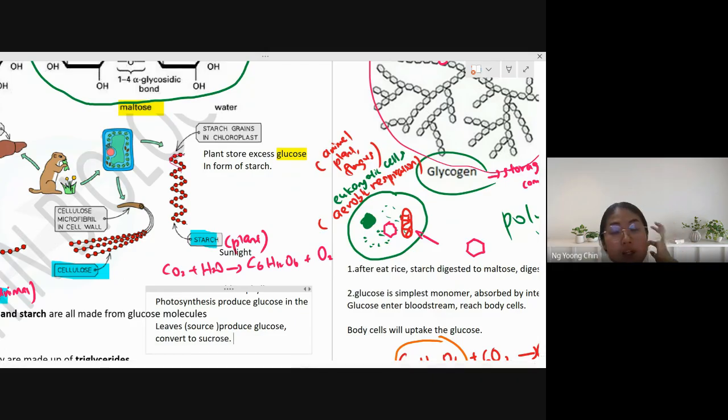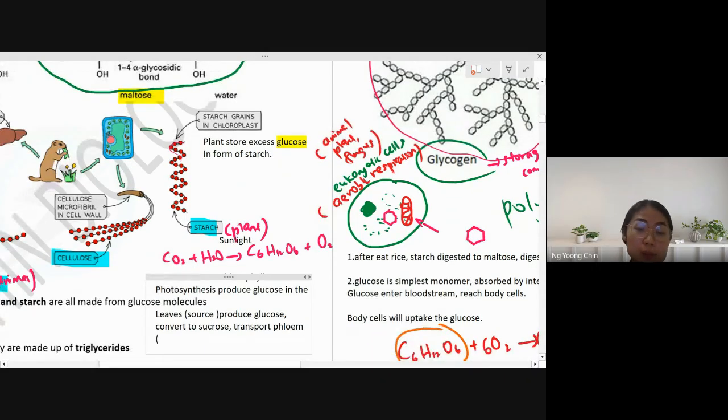Okay, so they convert it into sucrose, and it will be transported through the phloem. Do you still remember the plant structure? They do contain the phloem. Phloem helps in the translocation. Just remember that they are helping in the translocation. It's how the plant is able to transport nutrient molecules a long way in the plant body. So they use translocation to transport the nutrient molecules from the source of production to the place which requires the nutrients. So this is the story about the plant.